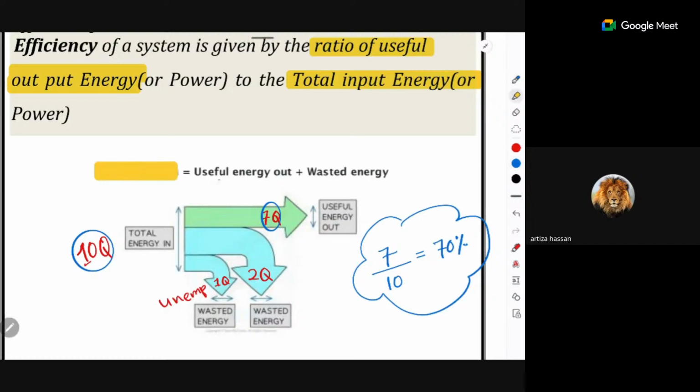Here I have written one more thing: total energy is equal to useful output plus wasted energy, because this all is coming from one source. So I can simply say,